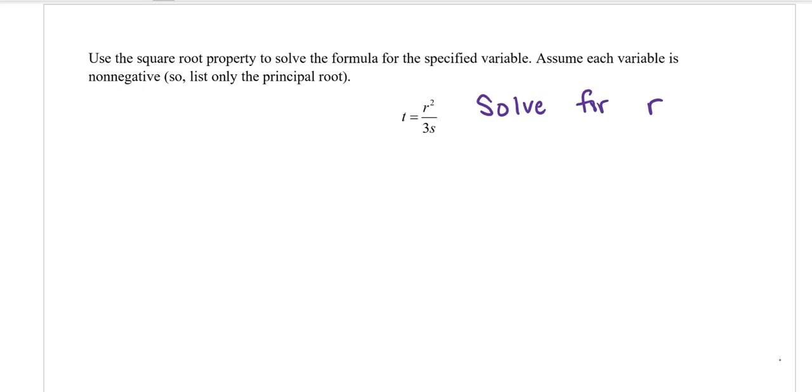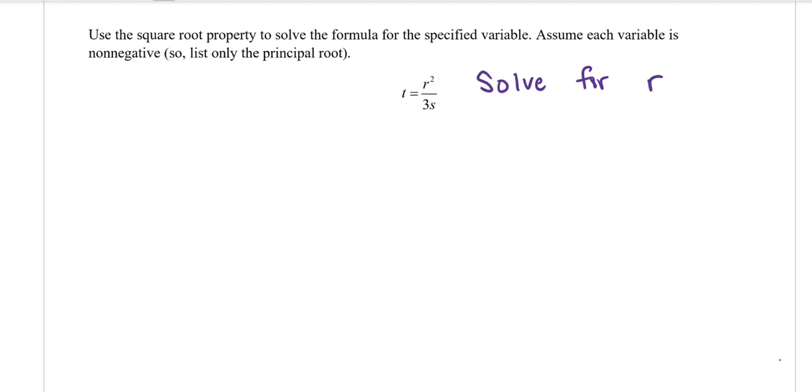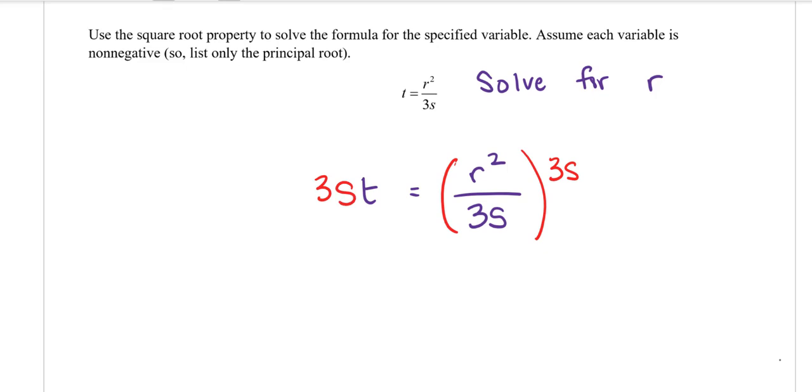So we want to get r by itself. So let's take a look at that equation there. Currently we have t equals r squared over 3s. If we're going to get r by itself, right now r is squared, so let's get that r squared by itself. So let's multiply both sides by 3s to get rid of that division of 3s. So that multiplication and division cancels on the right hand side, and we've got